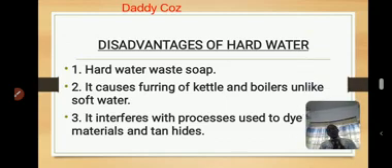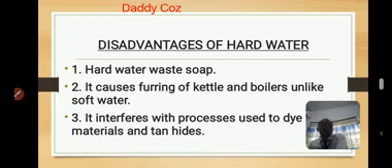Take note, there's a difference between disadvantage of hard water and effect of temporary hard water. Temporary hard water causes stalagmites and stalactites. It causes furring of kettles. But the furring of kettles is a disadvantage and also an effect, because when the kettle is being furred, it will no longer be able to conduct heat very well. That's why it's a disadvantage. But the effect is that there's furring